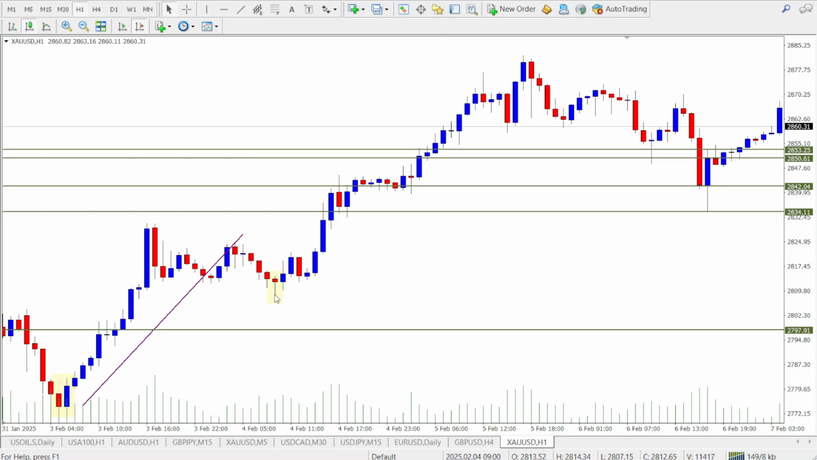Right? A hammer has a small body and a long lower wick. It shows rejection of lower prices and a possible reversal upward. And you can see that we actually had a reversal to the upside. Then an inverted hammer